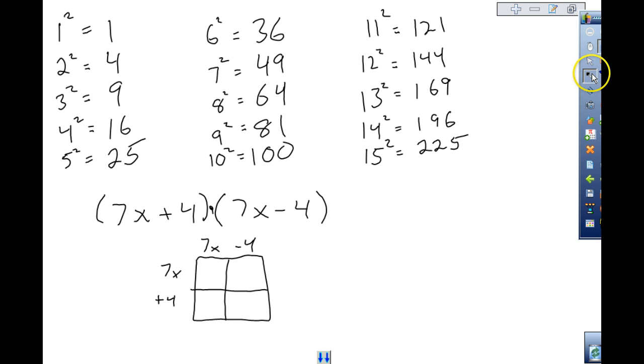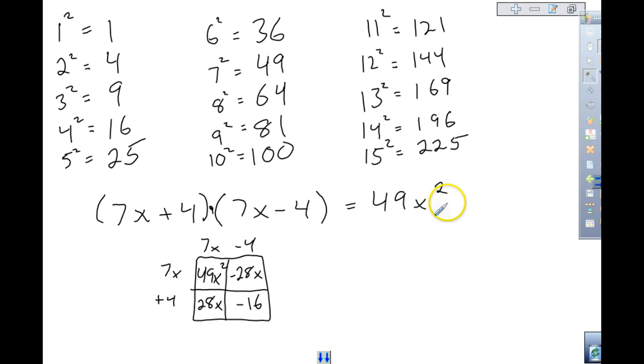Okay, let's just wait a little bit longer. Okay, ready? Okay, go ahead. What's the first square? 49x squared, and 28x positive, and so our final answer. You notice how the diagonals equal 0, they cancel out. So the question is,